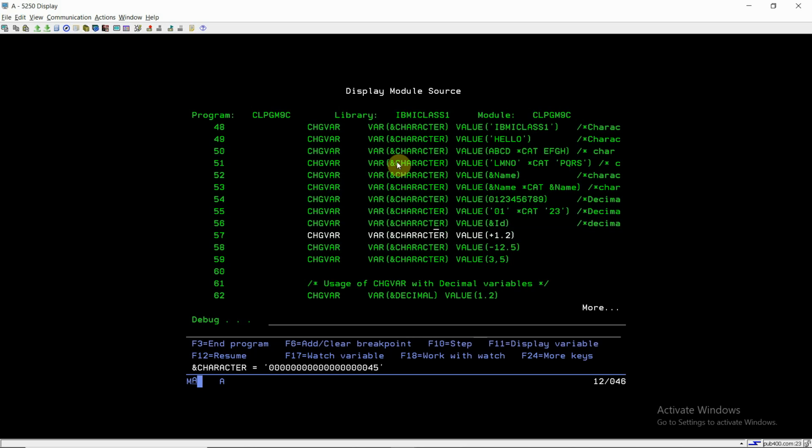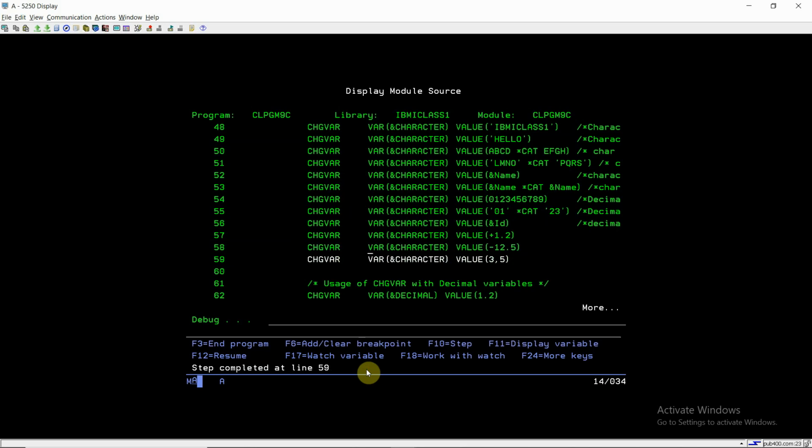Now the ID has the value 00045, so the character variable has the value 45. Plus 1.2: the plus sign will be removed because this is a character value, and 1.2 will be appended here. Sure.